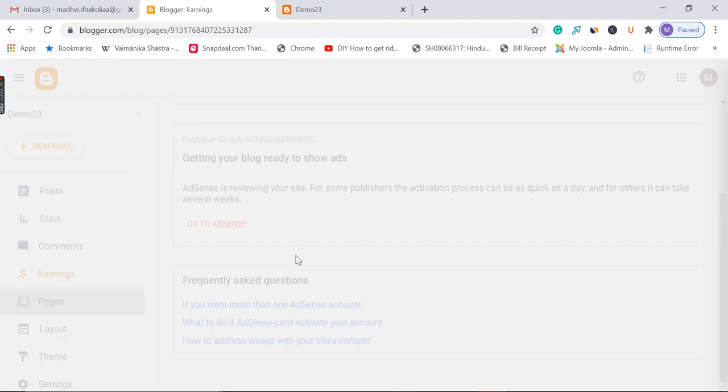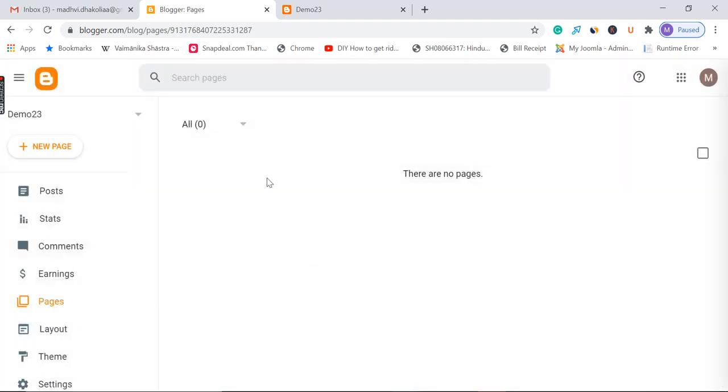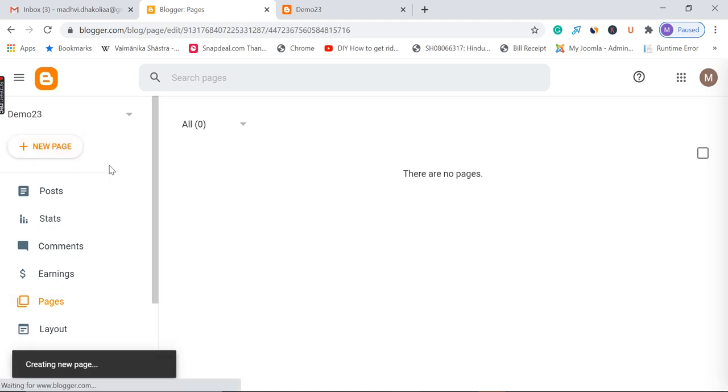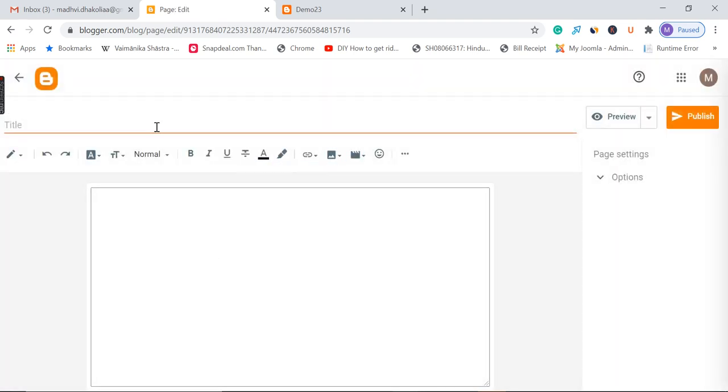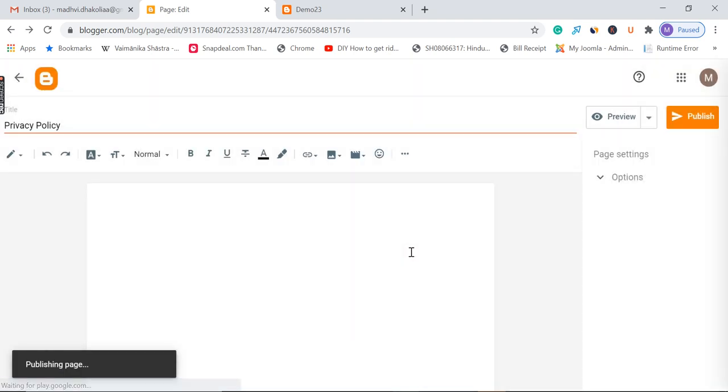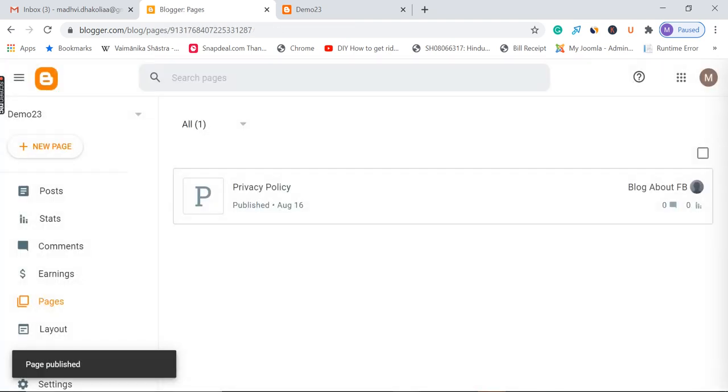Under pages, you will need to create mandatory pages called privacy policy, disclaimer, terms and conditions, home, about us, contact us. These are the most important pages that you will need to create for running a blog or a website. So to create a page, you will need to click here, and then let's say you're creating a page of privacy policy, this is how you will create a page. You will enter all the policies that you want to mention about your website and simply publish it. I'm publishing it blank just to show you how to create a page in Blogger.